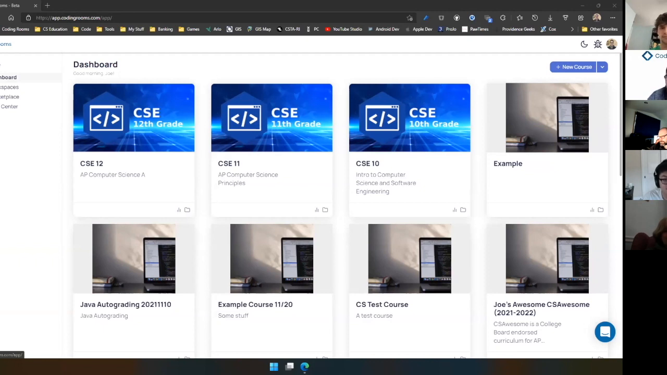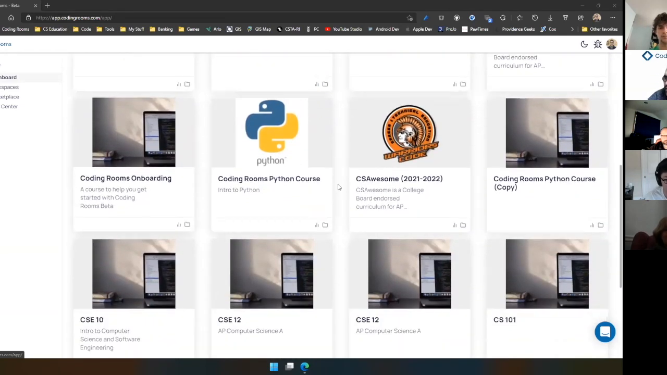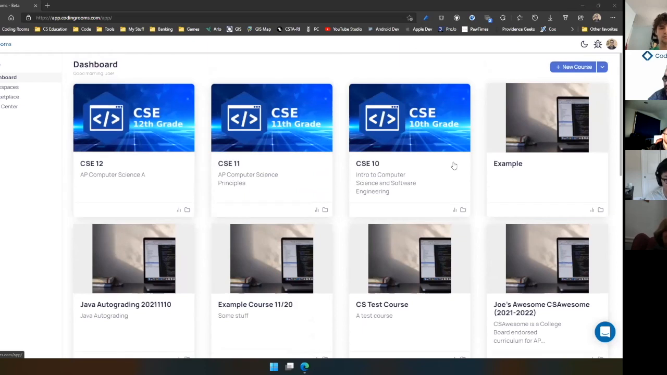Now, in the new version of Coding Rooms, one of the wonderful things, as you can see, is being able to stylize these and have a really nice layout of your, if you're like me and have tons of courses because of testing it, really nice, easy way to locate those courses. Now, when you go to create a course,